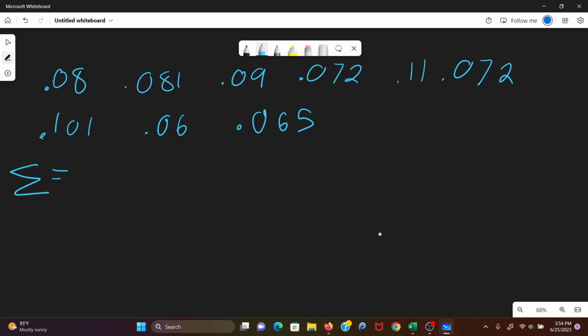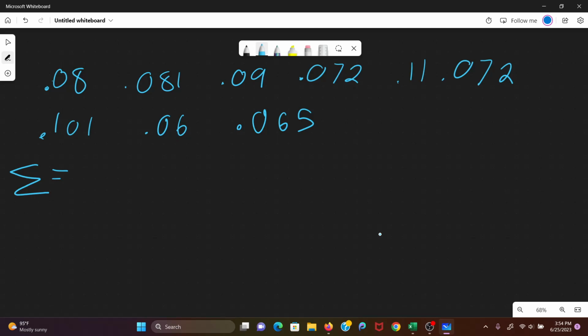Again, like I said, at this point, the order of steps doesn't really matter. You could subtract each one from each successive number first and then take the sum of those. That's totally fine. It doesn't matter. As long as you know which one goes on the top and which one goes on the bottom, you're good. So let's write out our